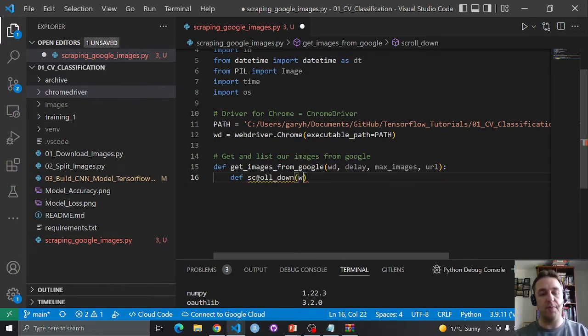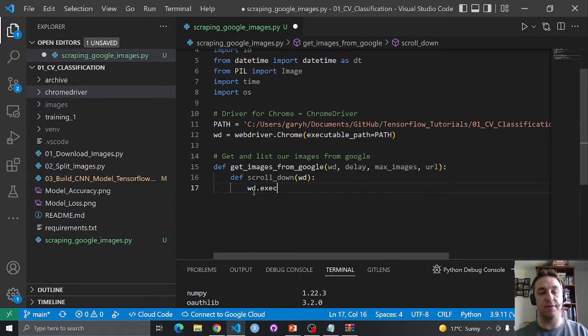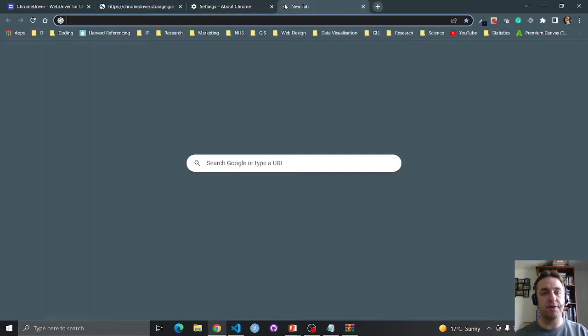We're going to scroll down with the web driver, and we're going to go wd, with web driver, execute a script. The script is going to be some JavaScript that we're going to want to work with when we're working with the website. So if you go onto Google Images,